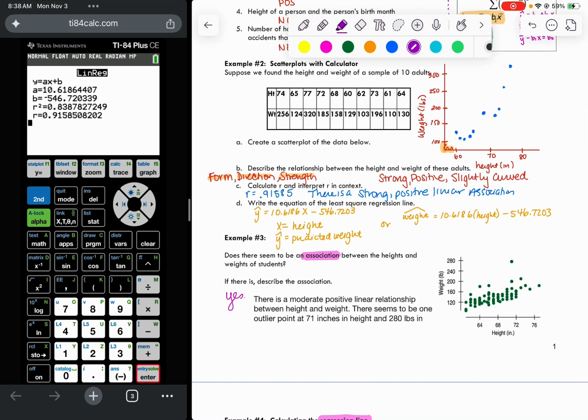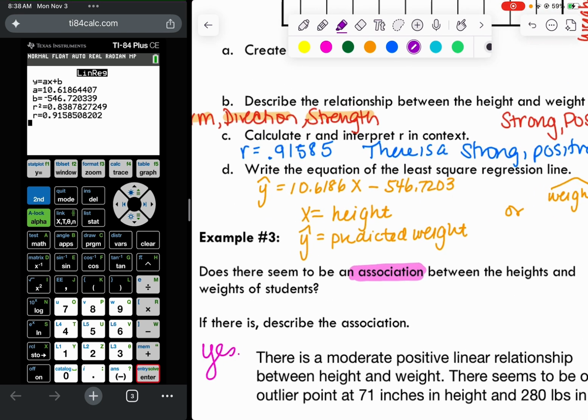So here, notice everything is coming right off of the calculator. If they give you the list of data itself, you just put it into our L1 and our L2, and it will calculate the least squares regression line for you. There are a couple of things here, however, that I do want to talk about how to write it,